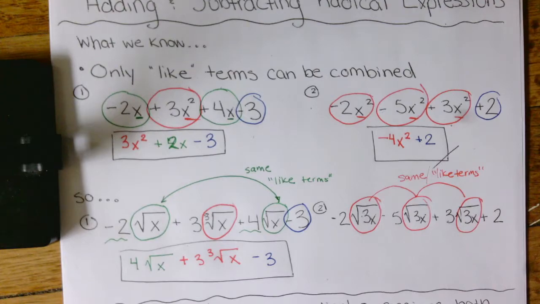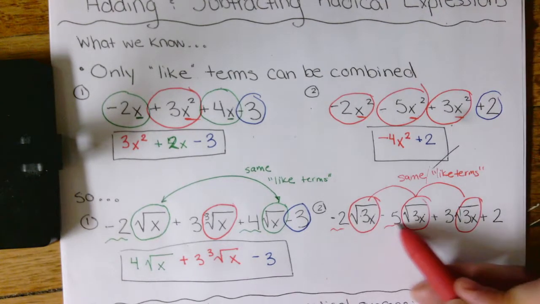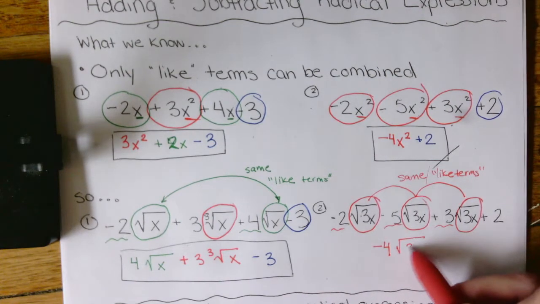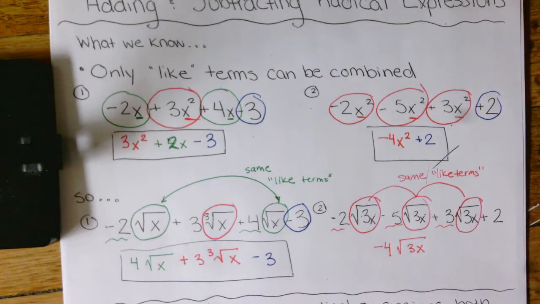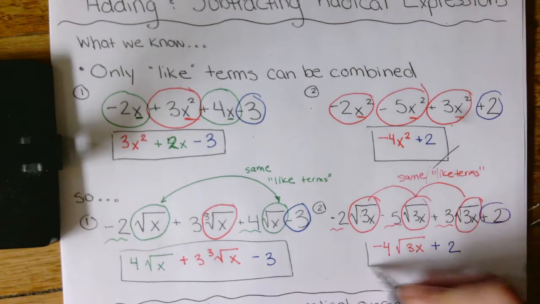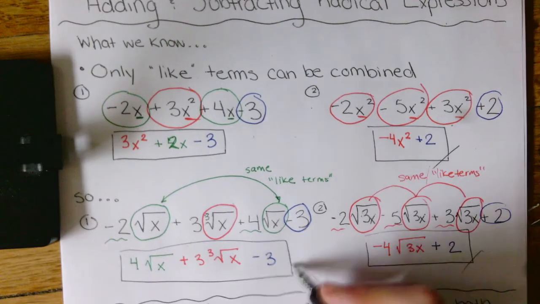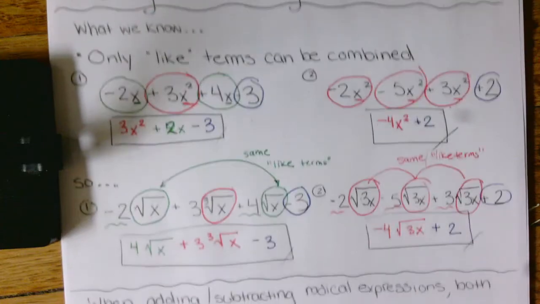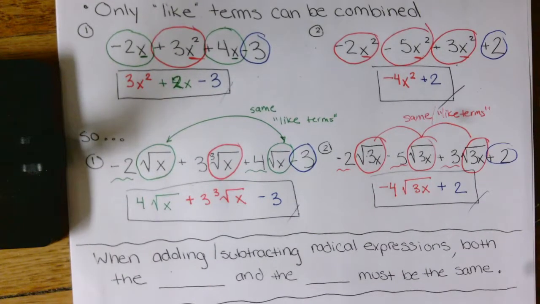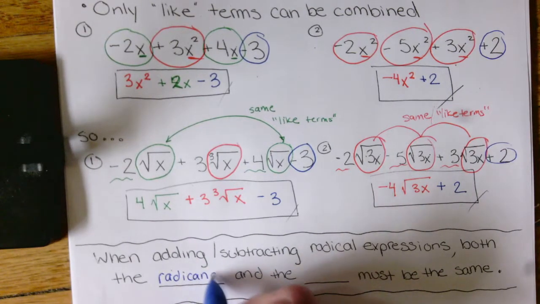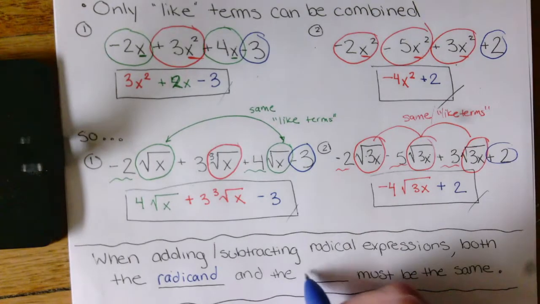Okay, so I can combine negative 2, negative 5, positive 3, and I can just keep this the same. My plus 2 is going to stay right here. So when we're adding or subtracting radical expressions, both the radicand and the index or root